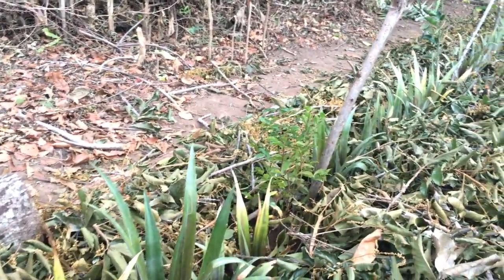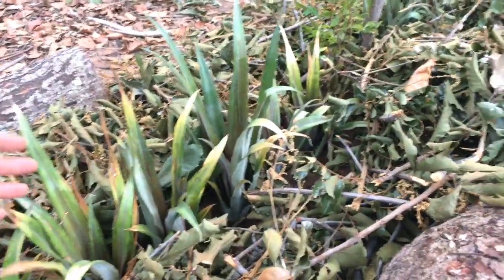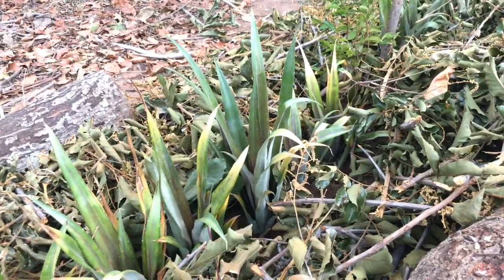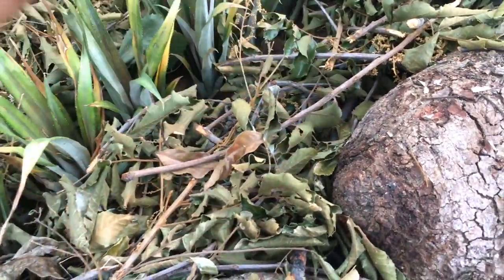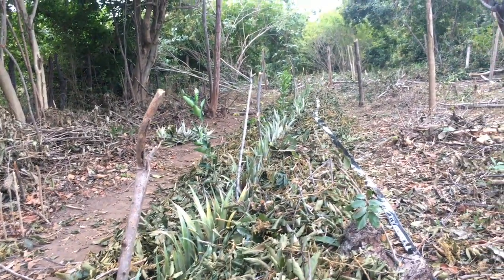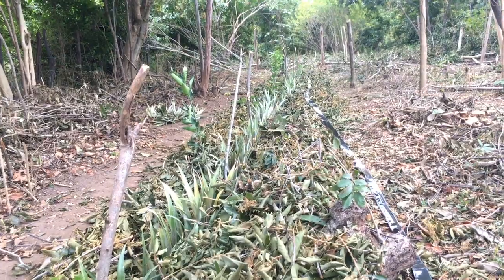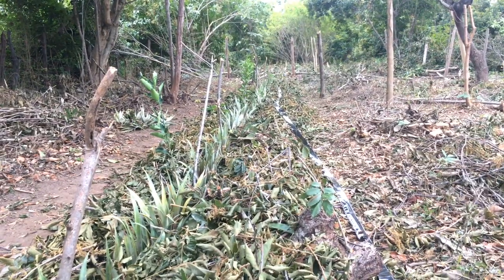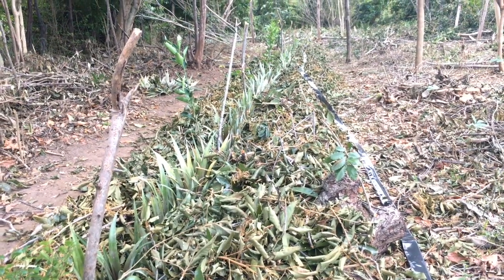So let's go through our system. We've got pineapples. We planted simple rows of pineapples. Sometimes we plant double rows, but we decided to plant single rows because it's easier to organize the organic material. So this is really important. In agroforestry, we really have to make things easy for us when it comes to organizing all this organic material that we produce, because it really consumes a lot of time, and a lot of our work is organizing this material in a way to optimize its decomposition, the covering of the soil, and everything, because this is